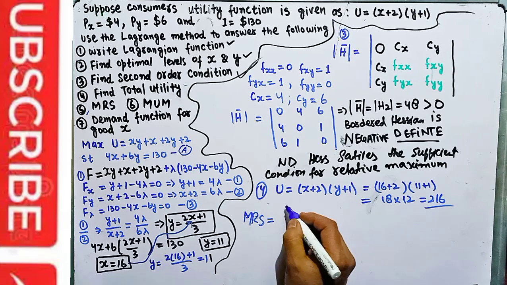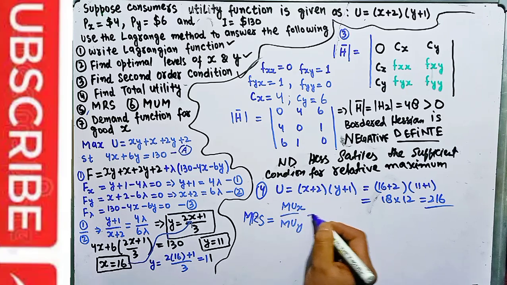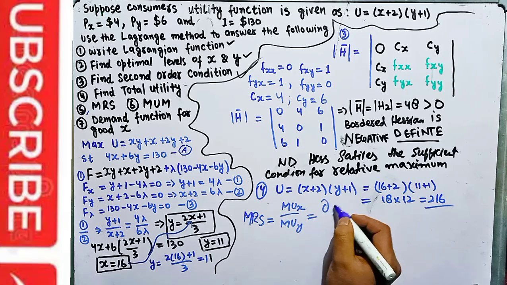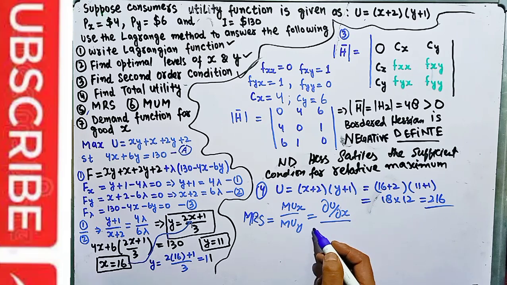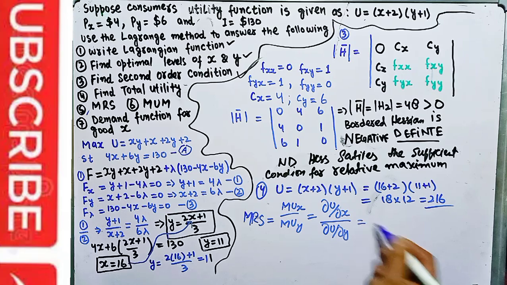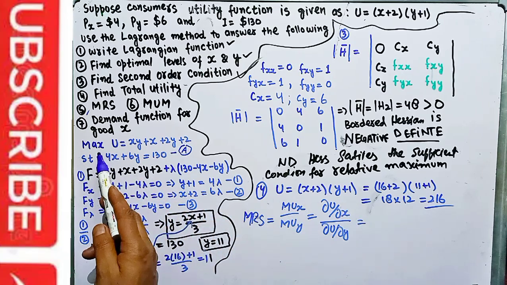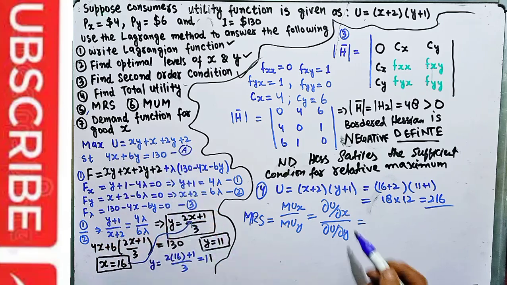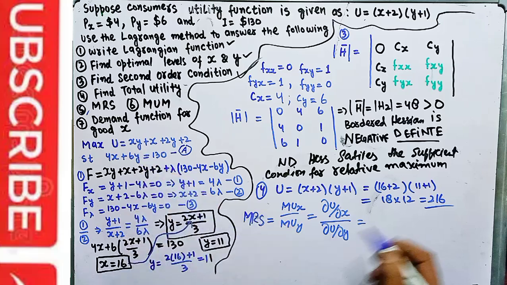MRS is simply equal to the marginal utility of good x upon marginal utility of good y, which is simply the partial derivative of the utility function with respect to good x upon the partial derivative of the utility function with respect to y. Okay, so if we differentiate partially this utility function with respect to x, what will we get? The derivative of x is 1, so we are left with y